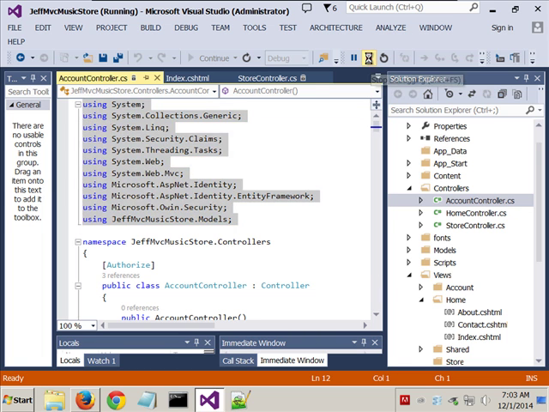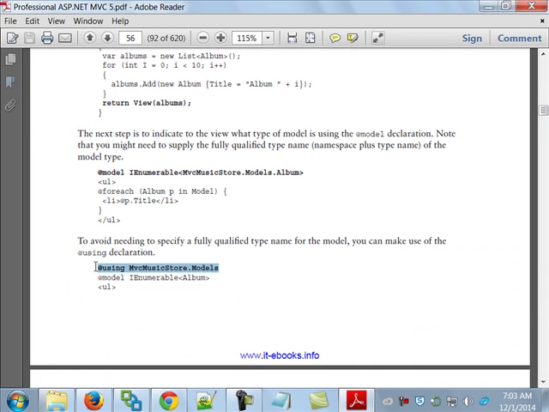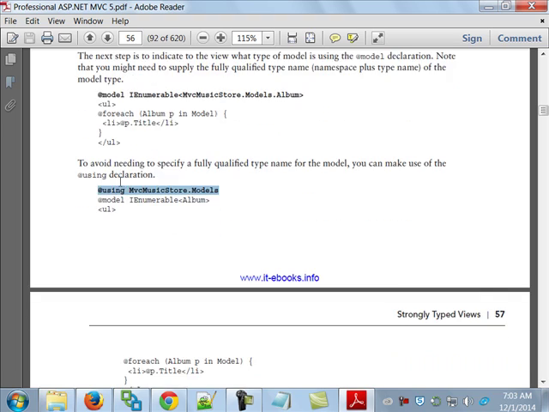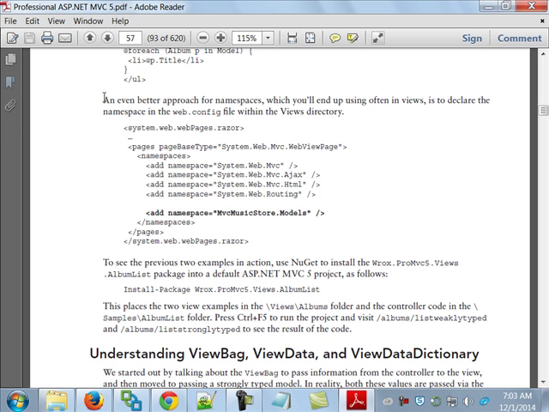It's along the same lines. Is it the same thing? Of course it's not the same thing, but it's similar. Notice it's at using. Alright. So to avoid needing a fully qualified name for the model, you can make use of the using declaration. It says an even better way to do that is to go and put that information into your web.config